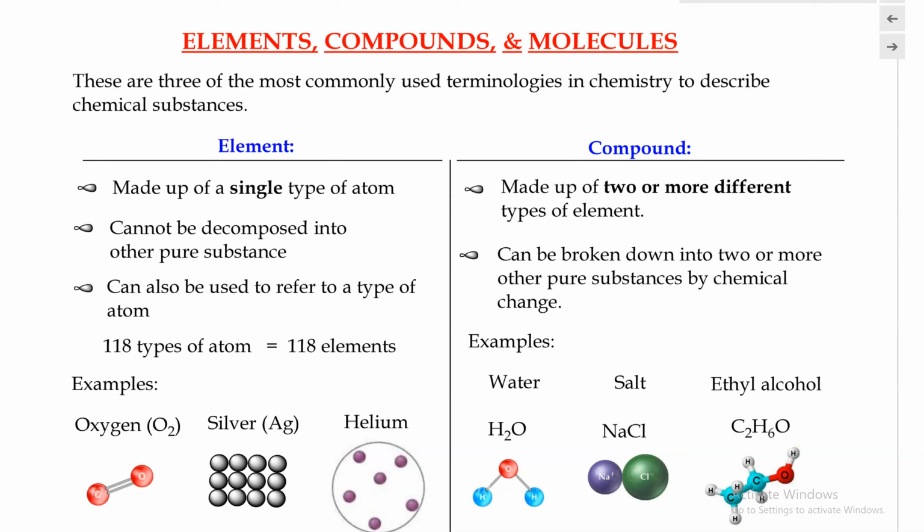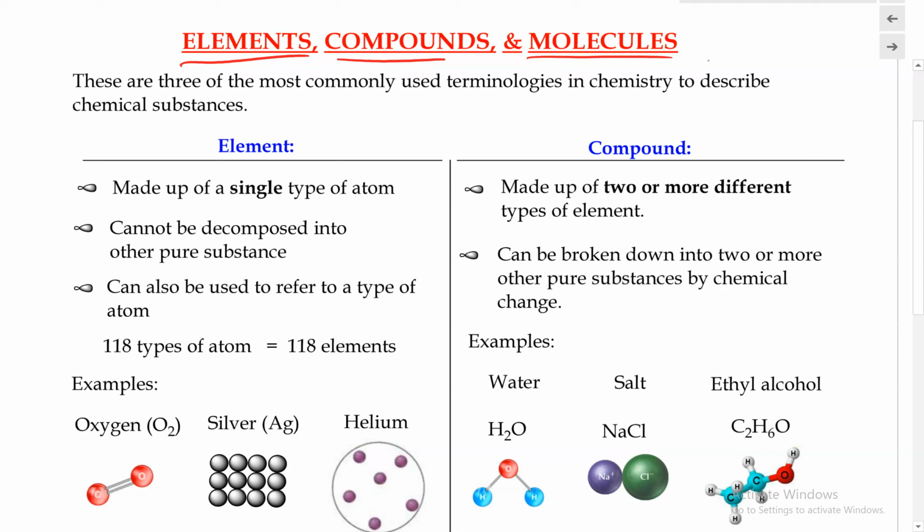Chemistry is a new language for many of us when we first learn about it. And just like learning a new language, there are different vocabularies and terminology that we have to be able to learn and recognize and use correctly. So in this lecture video, I'll be discussing some of the most common terminology that we use to describe chemical substances. And they are element,